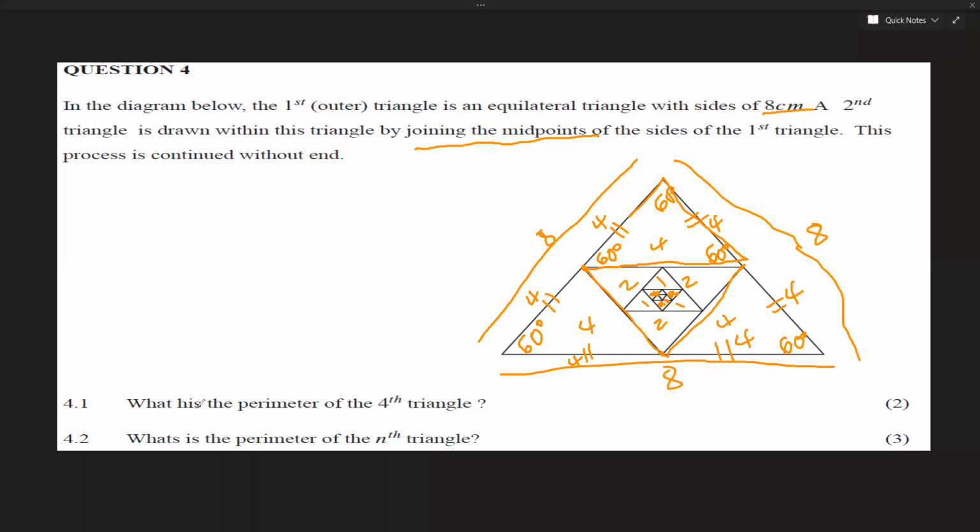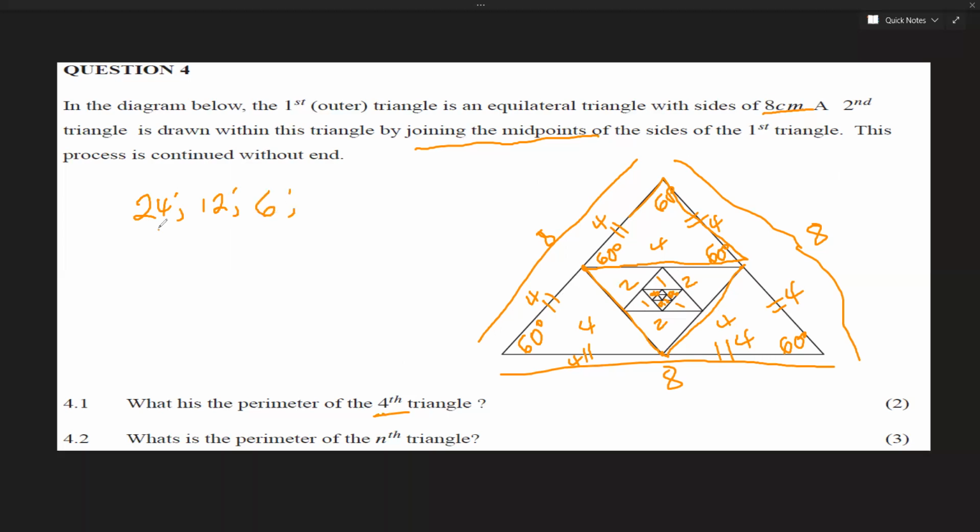What is the perimeter of the fourth triangle? Perimeter means we just have to add all the sides together, and I'm going to try to create a pattern here. So for the outer triangle, which is the first triangle, 8 plus 8 plus 8 gives me 24. Then the second one is 4 plus 4 plus 4 gives me 12. The third one is 2 plus 2 plus 2, which gives me